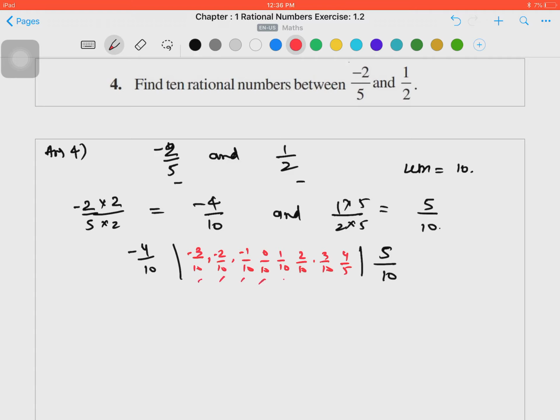How many are these? 1, 2, 3, 4, 5, 6, 7 and 8. So we got only 8 numbers, but we are asked to write 10. So what we are going to do is,